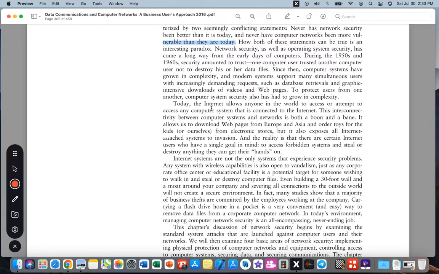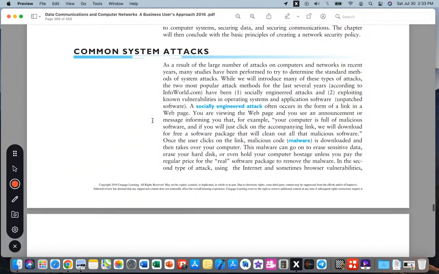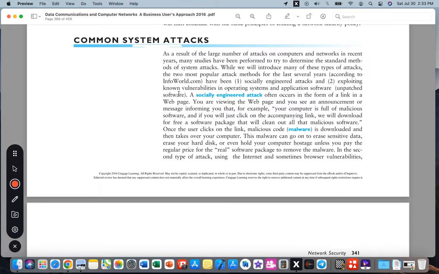All right. So we'll move on to the common system attacks. As a result of a large number of attacks on computer networks in recent years, many studies have been performed to try to determine the standard methodology or methods of system attacks. While we will introduce many of these types of attacks, the two most popular attack methods for the last several years, according to the